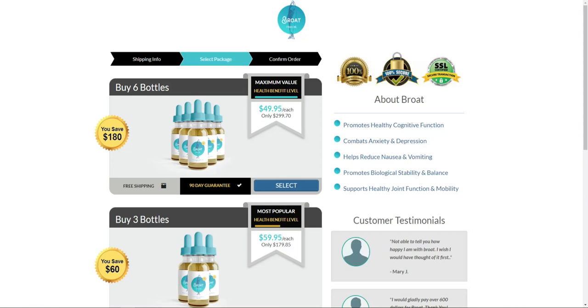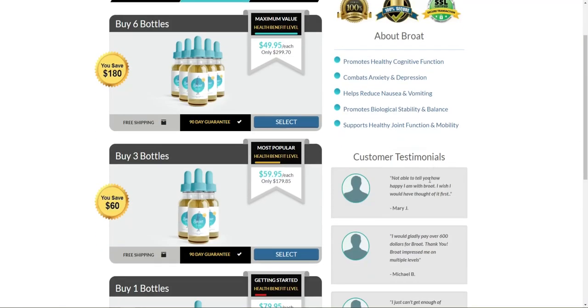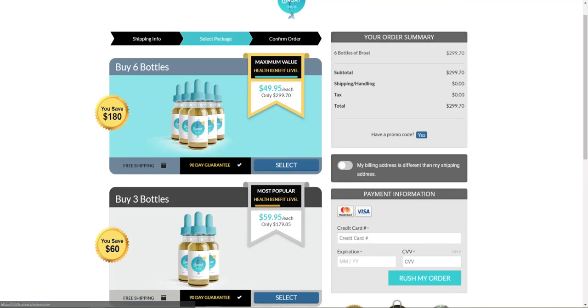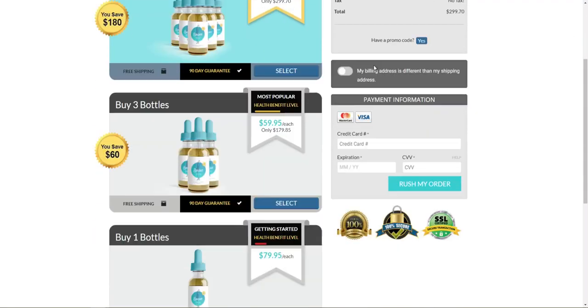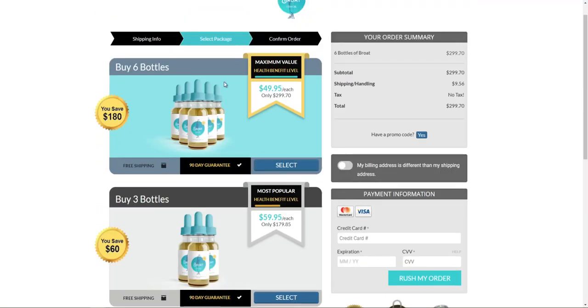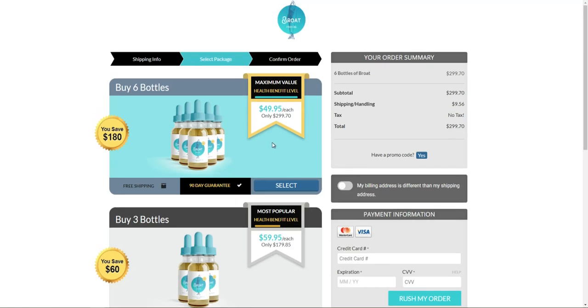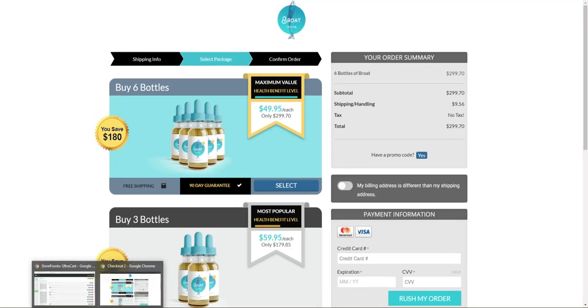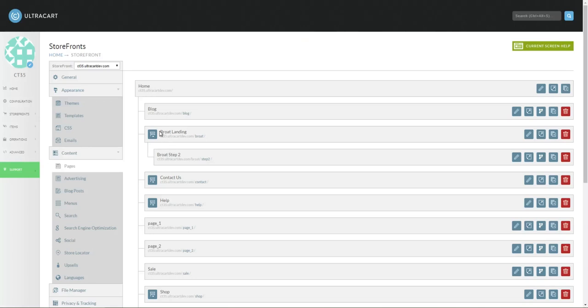In the second part of our visual building series on our Broat fish oil supplement, we're going to be building page 2. Page 2 will consist of a product offering selection, some facts about the product and customer testimonials, and then after the customer selects a product, we're going to have the second page of the checkout. We're also going to be covering how to make color changes appear when they select a particular product. So let's go ahead and refresh that we have already built page 1 in the prior video, and now